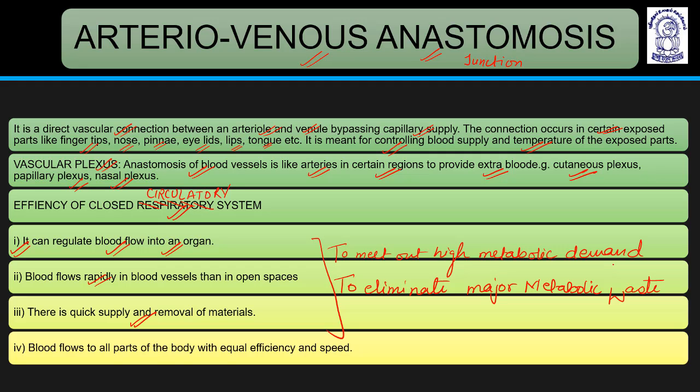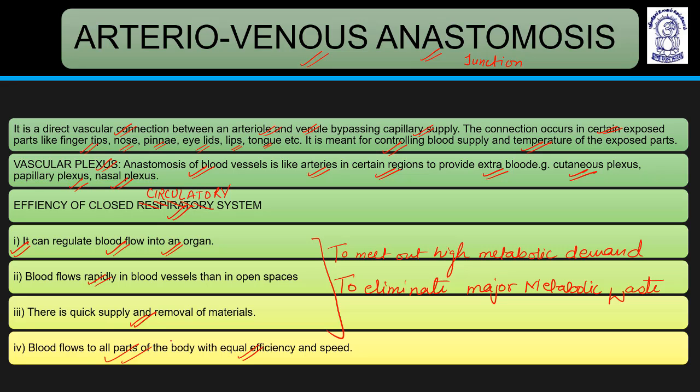So there is quick supply and removal of materials. Blood flows to all parts of the body with equal efficiency and speed. Very important. Blood flows to all parts of the body with equal efficiency and speed because of having this